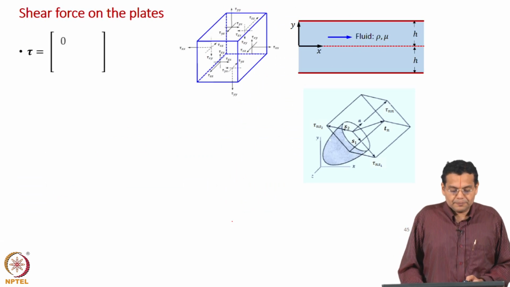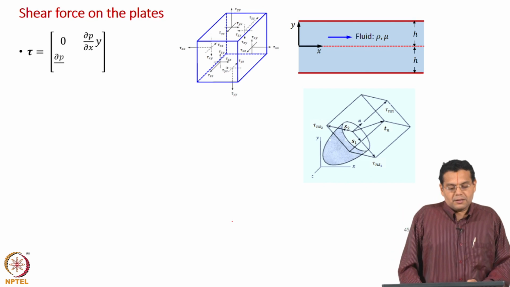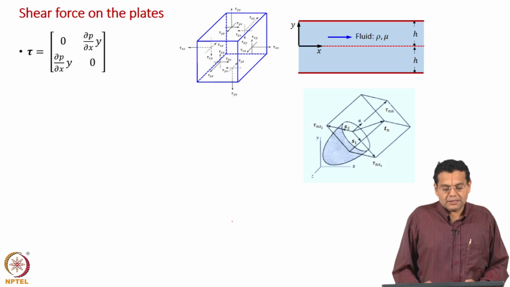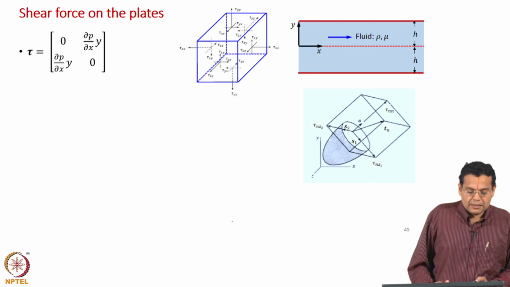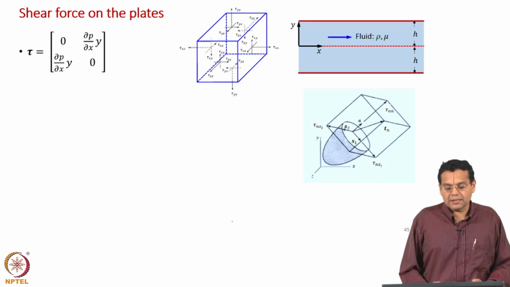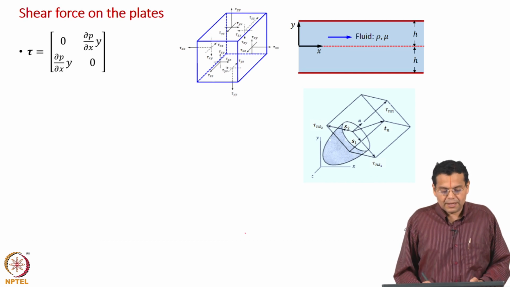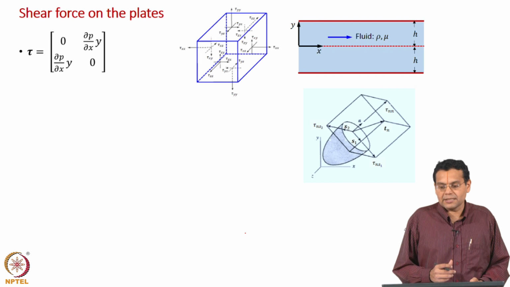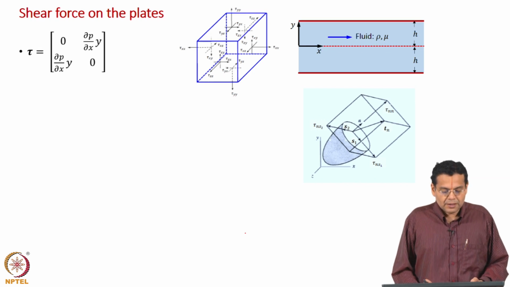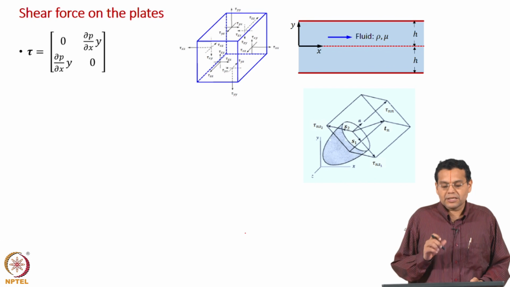When I say stress tensor in the present context, it means viscous stress tensor. So let us use the word stress tensor. This is a stress tensor, only the 2 dimensional form is shown here, other terms are 0. Now, when we began solid mechanics, we learned how to evaluate the stress vector if we know the stress tensor, and we will use that now. What is the idea? To evaluate the shear force acting on the plates.